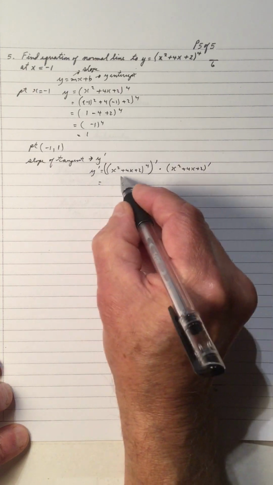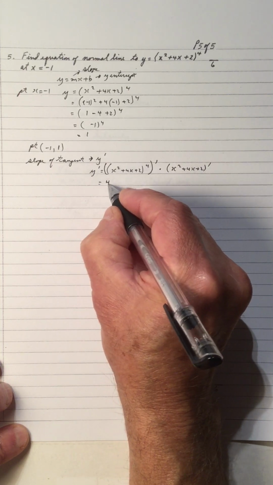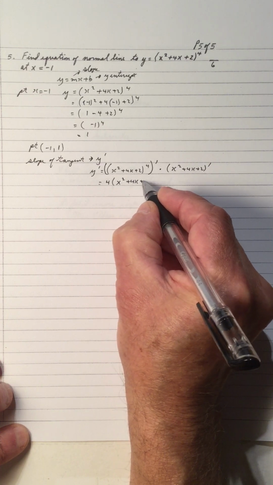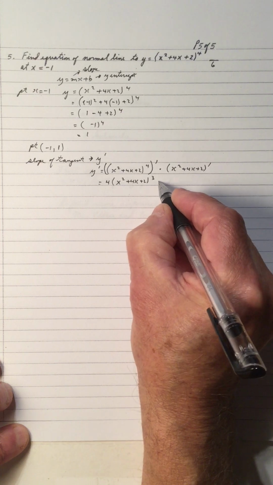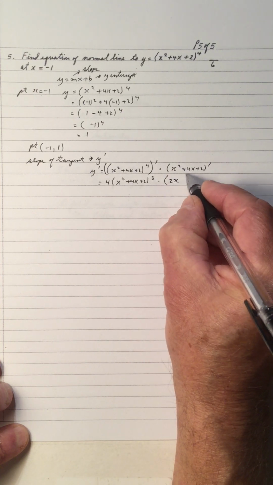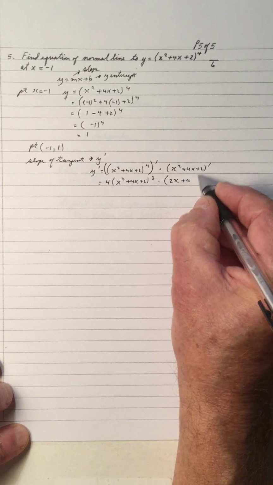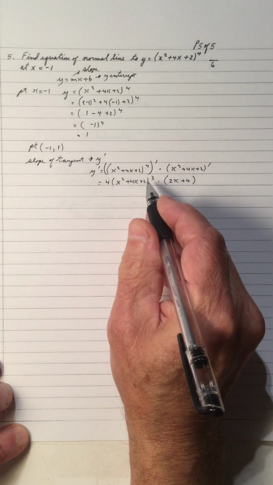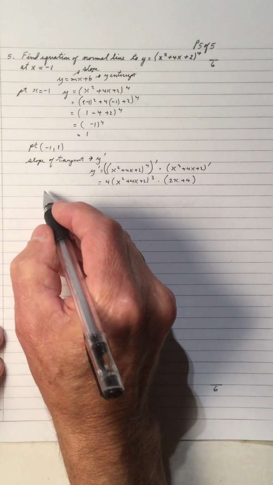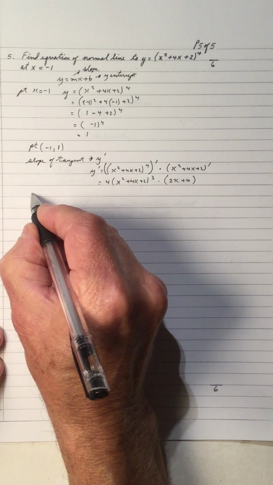And so the derivative, power rule, 4 goes in front, and the 4 decreases by 1 to become a 3. And the derivative of this polynomial, derivative of x squared is 2x, derivative of 4x is 4, derivative of 2 is 0. So now I could multiply it out, but I don't need to, because I'm looking for the slope of the tangent at